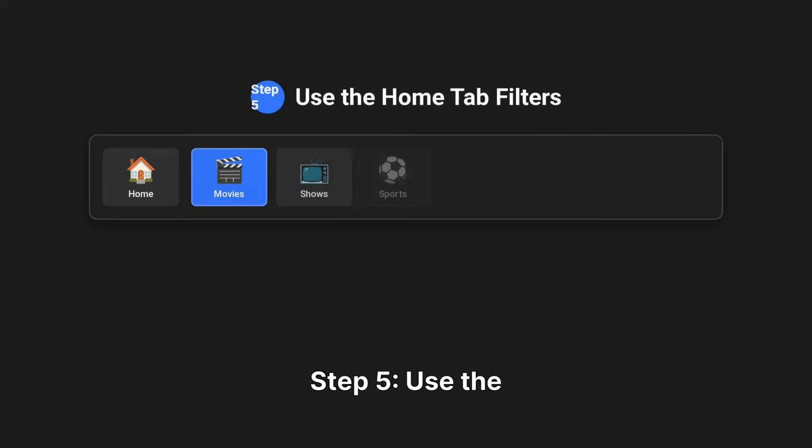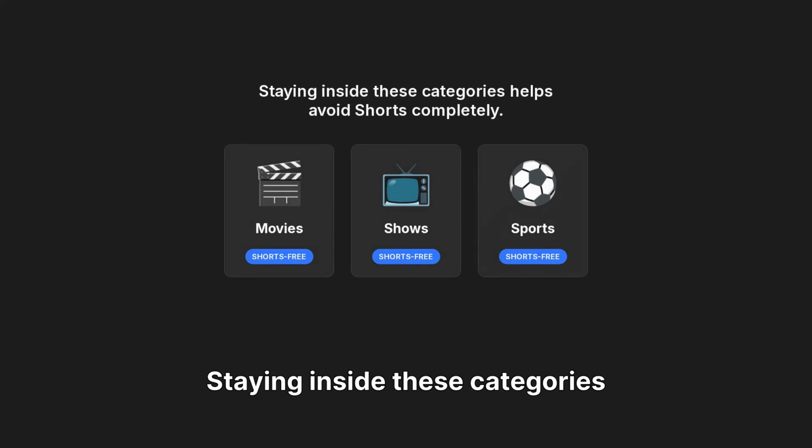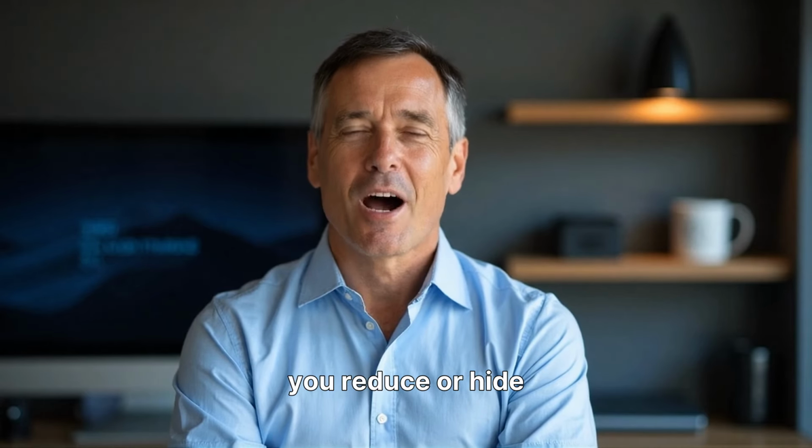Step 5. Use the Home tab filters. On the YouTube TV homepage, scroll until you see categories like movies, shows, or sports. Staying inside these categories helps avoid shorts completely. These methods will help you reduce or hide most shorts